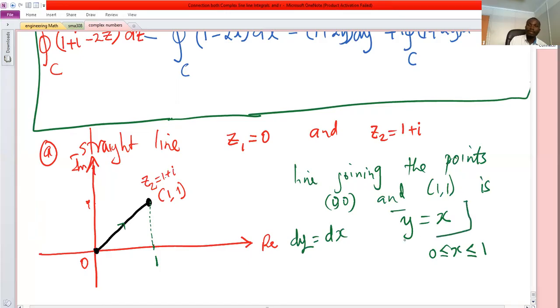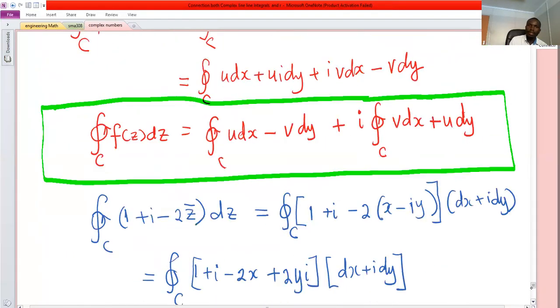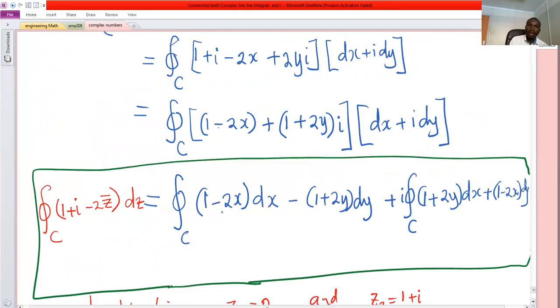Using this equation, our integral along C of 1 plus I minus 2 conjugate of z dz is equal to the integral, now we are using the limits 0 to 1. We have already reduced this into this form. So we have 1 minus 2x dx